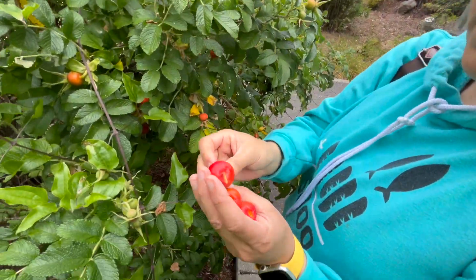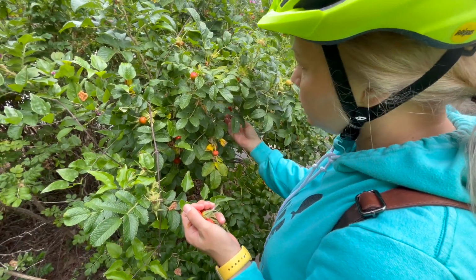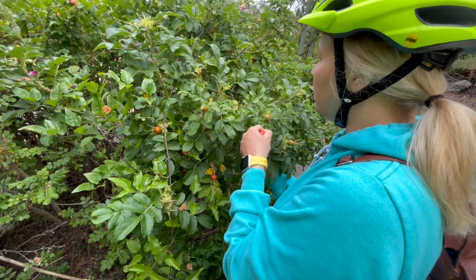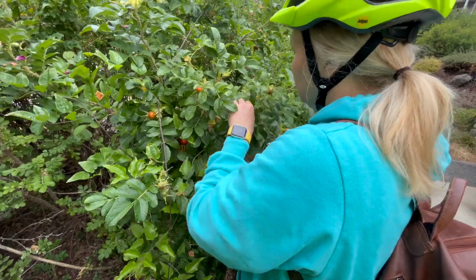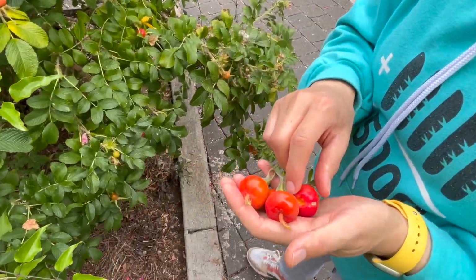So, rose hips. Those are edible? I have to look it up, but a lot of rose hips are. I don't know if all species are. That one looks pretty firmly attached there. It's just because I was pulling in the wrong direction. But this way we have extras, plus the...